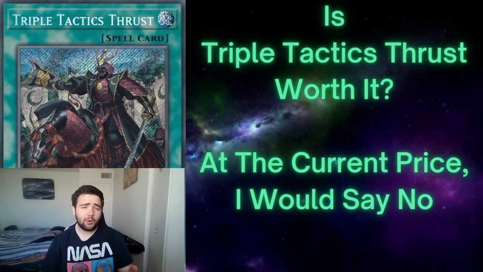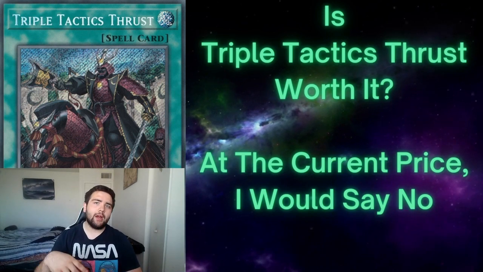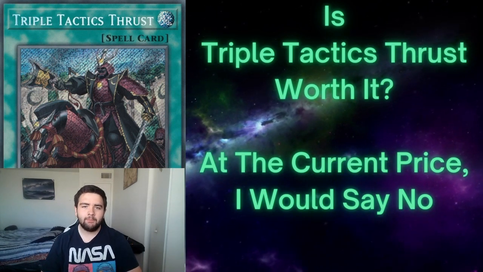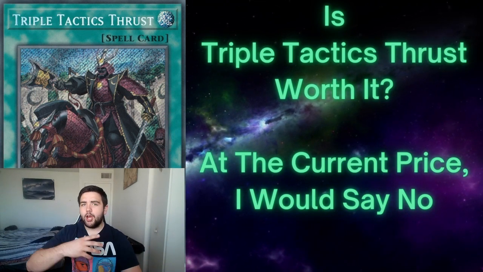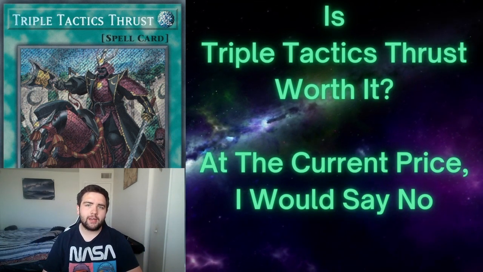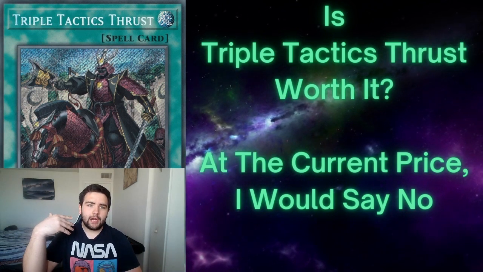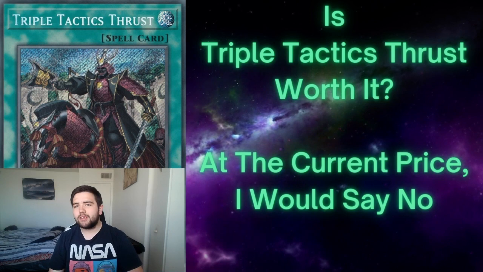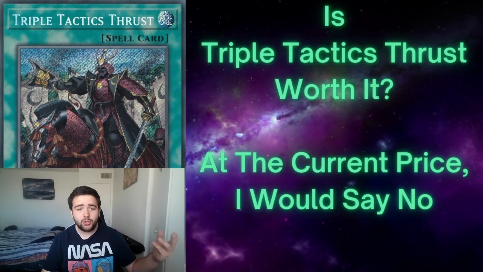Because you only want to be playing this in some sort of combo deck, something like Kashtira or Branded comes to mind, because a trap deck definitely does not want to play this. They would just rather play another trap card. So you're most likely in a combo deck siding D Barrier. So going game one blind, Thrust going first doesn't really do anything. Now going second, it does do a lot,